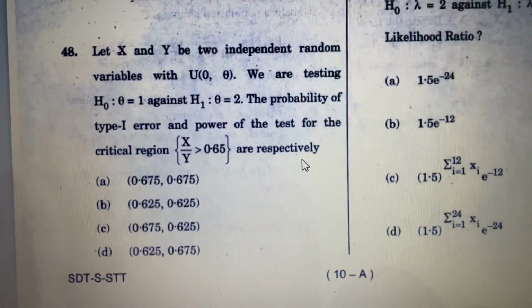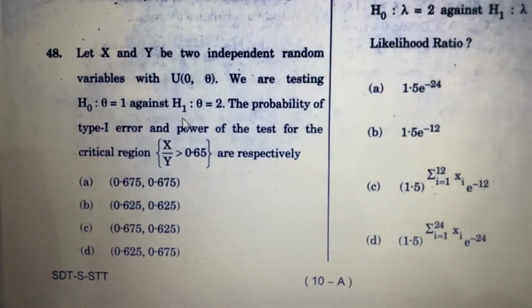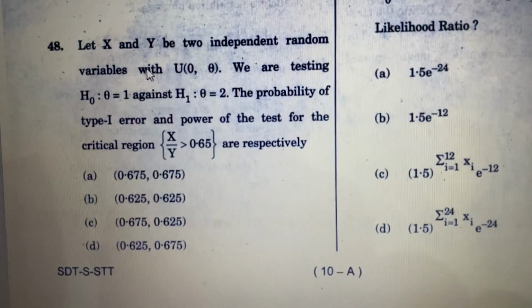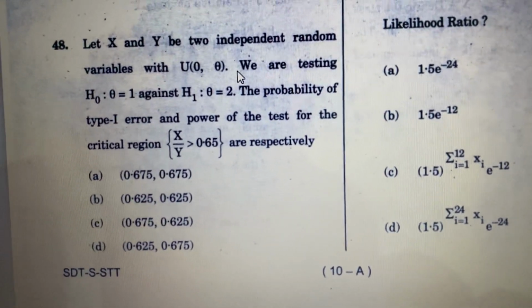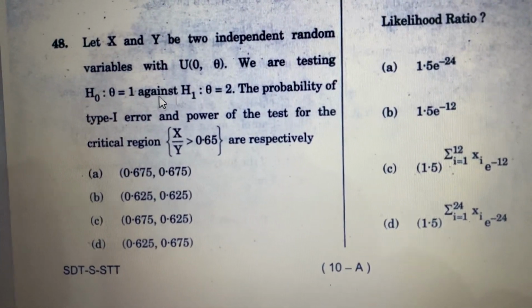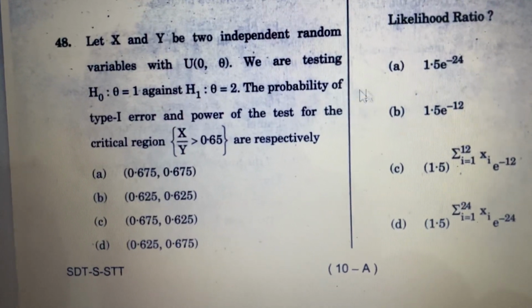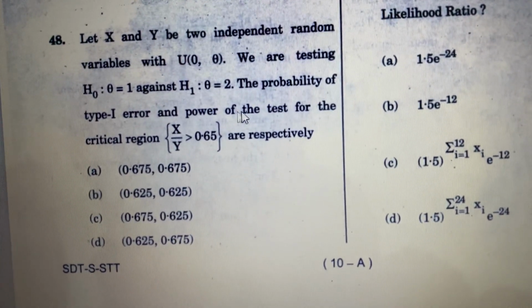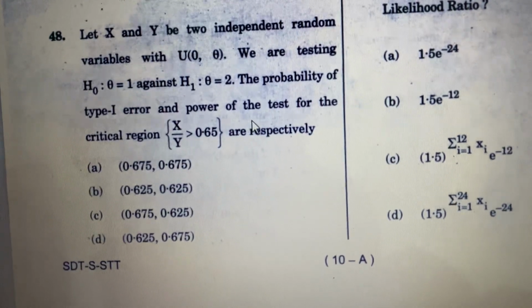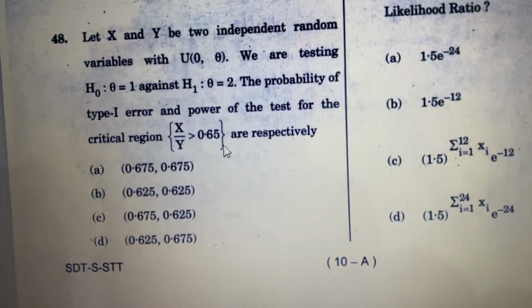Solving ISS 2021 paper 2 question number 48. Let X and Y be two independent random variables with uniform (0, θ). We are testing H0: θ = 1 against H1: θ = 2. The probability of type 1 error and power of the test for critical region X/Y > 0.65